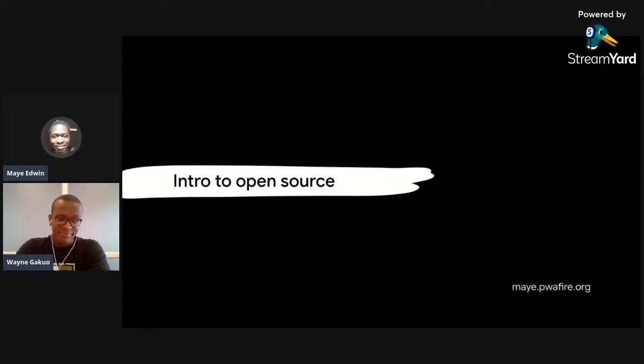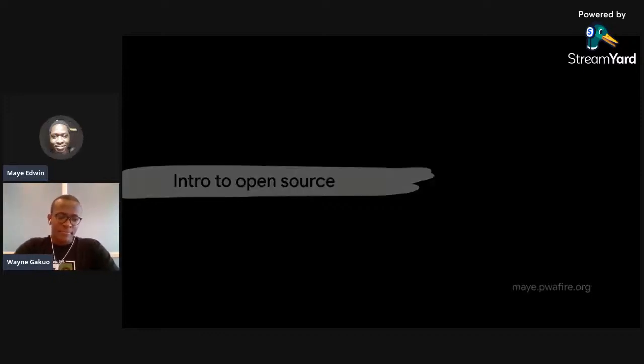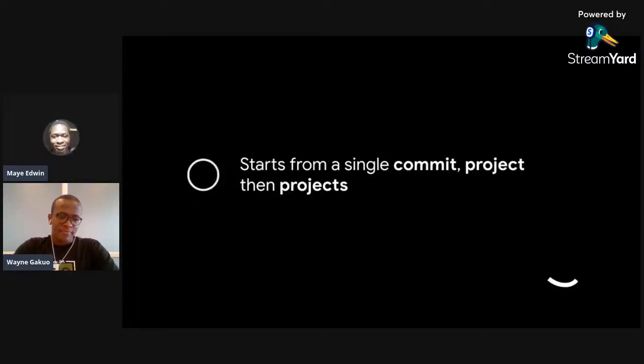So back to today's topic, which is intro to open source. I know everyone basically has a vague idea of what that means, if it's a new term to you. Basically, open source in software development is the idea of sharing stuff and knowledge. In this case, it is sharing software projects or resources to software projects to allow millions of other software developers to build on top of what you as a software developer, engineer, designer, whatever, provide publicly for people to actually use wherever they are.